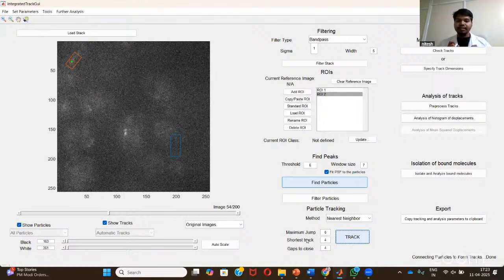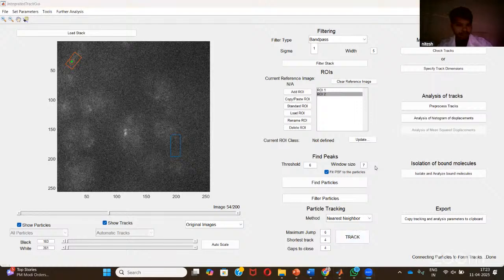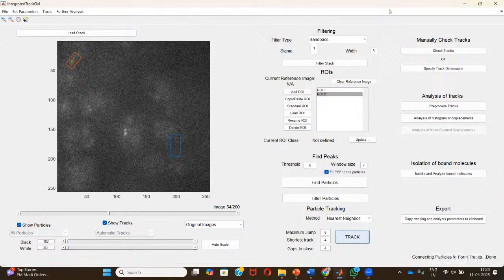Sometimes the software will connect one or two molecules as a track, and we don't want that because it will impact our results. So we want only those tracks, those are the actual tracks basically.